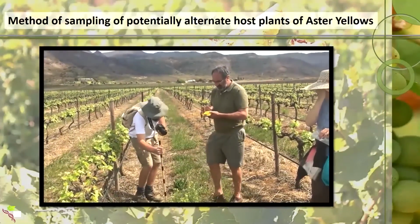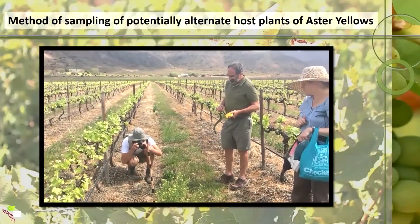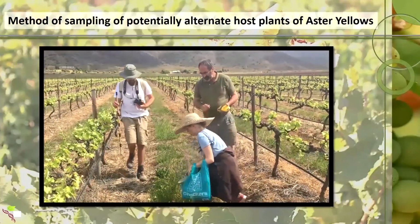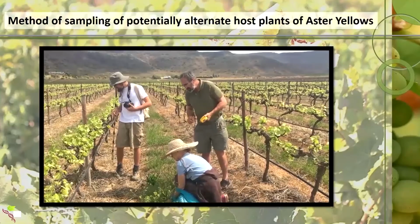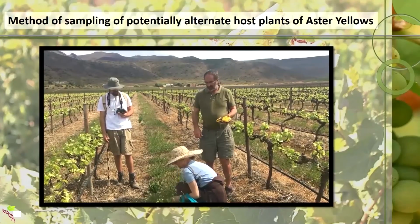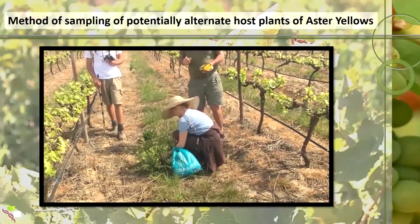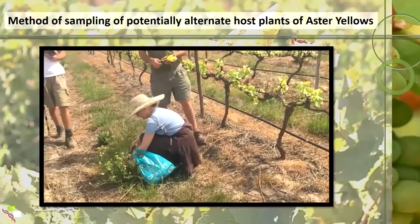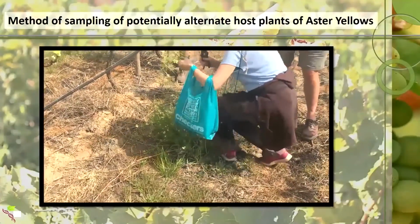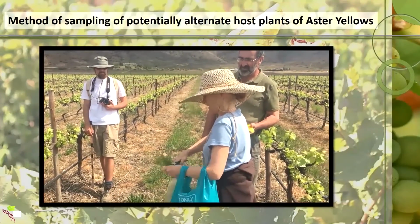Here's an example of how we do a collection. First of all, taking a photograph, you'll see we have a pole there to allow us to determine scale of the plant. Then in this case, we're collecting any plant material because it's asymptomatic. We don't know if these plants necessarily have symptoms. Record the GPS coordinate of such a plant. Here the researcher is still collecting the material,